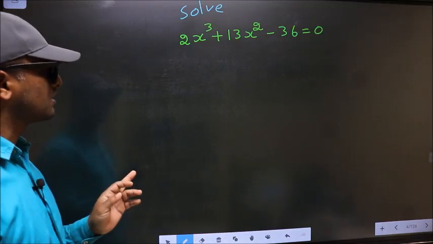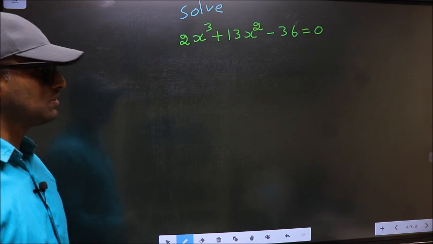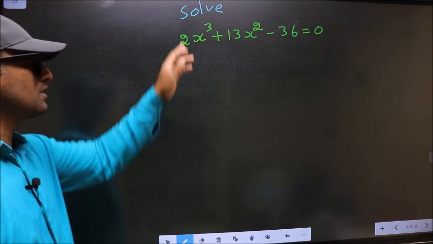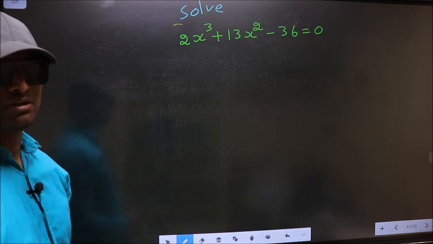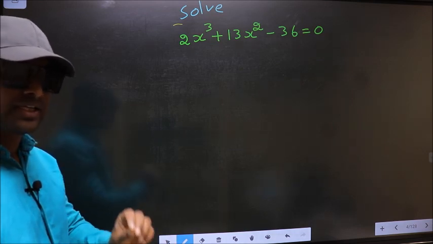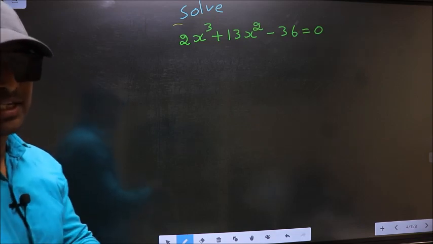Solve 2x cube plus 13x square minus 36 equal to 0. Here they told us to solve, which means we should get the values of x. For that, here we have to change the x square term. What I mean is, see,